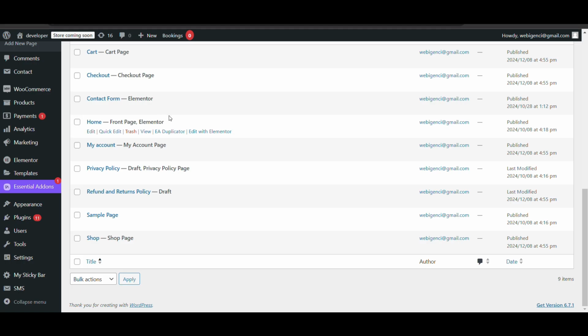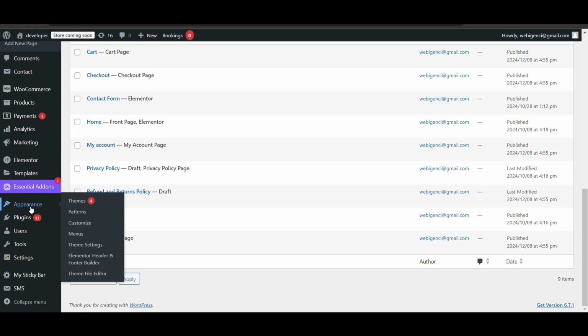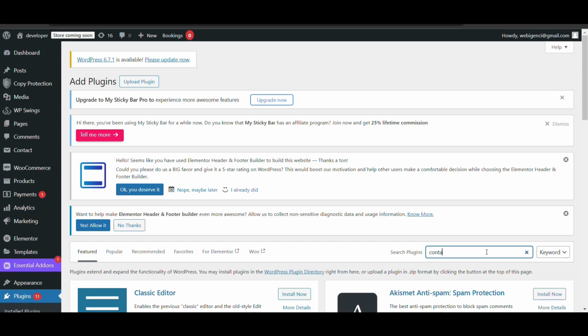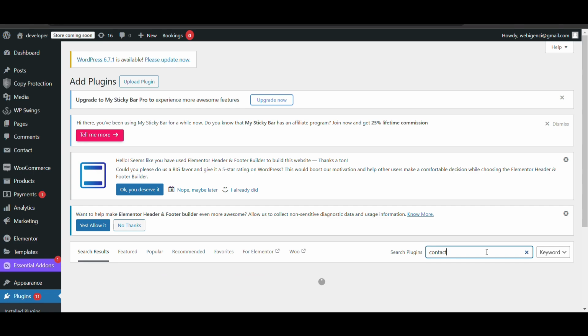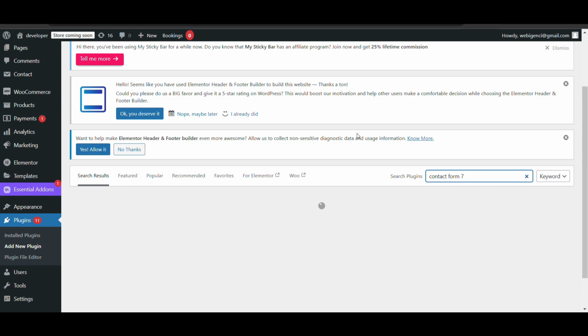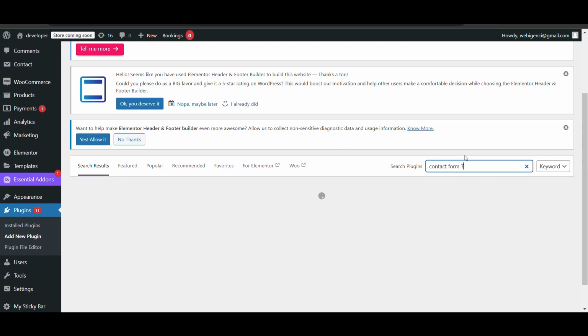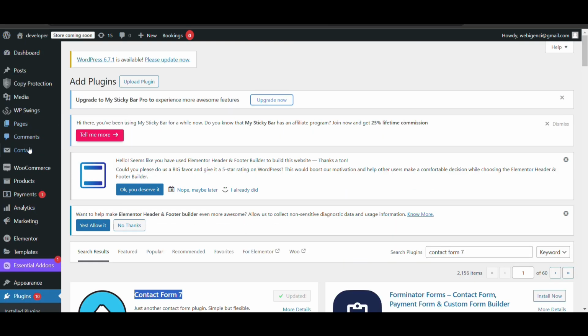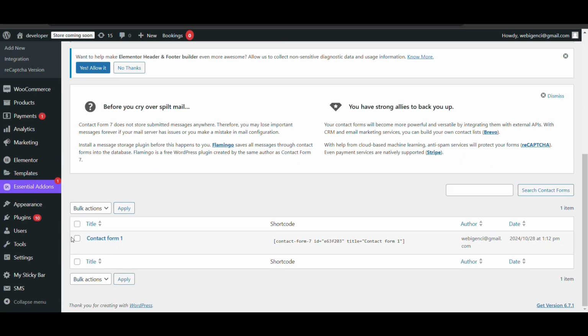Here I am logged into the admin dashboard of WordPress. Now the first step is that we need to install a contact form plugin. As of now, I am using Contact Form 7 to enable OTP verification for email or phone number, both. In this video, we will mainly focus on OTP verification in email. Just install Contact Form 7, it's very simple. It gives some form by default. I have already installed Contact Form 7. Here you can see this is my contact form. Here you can view it.